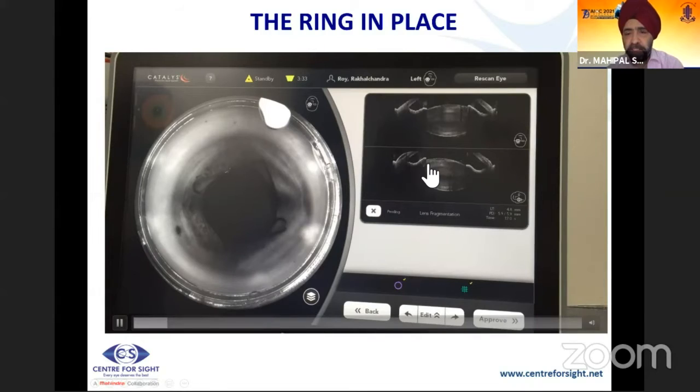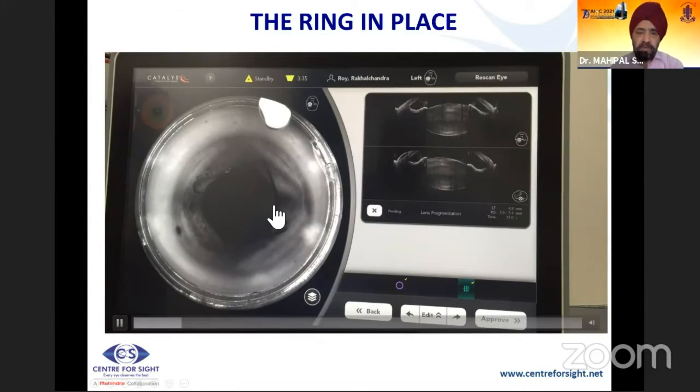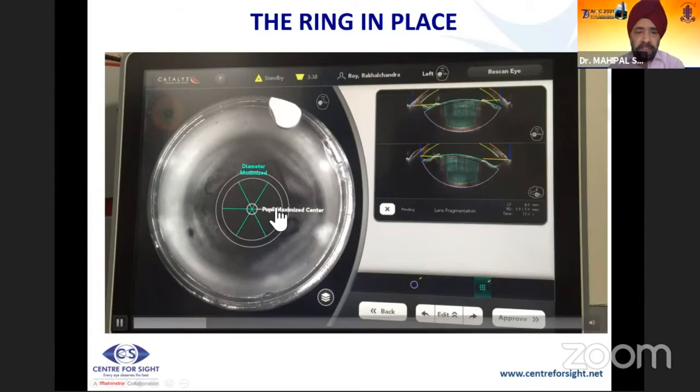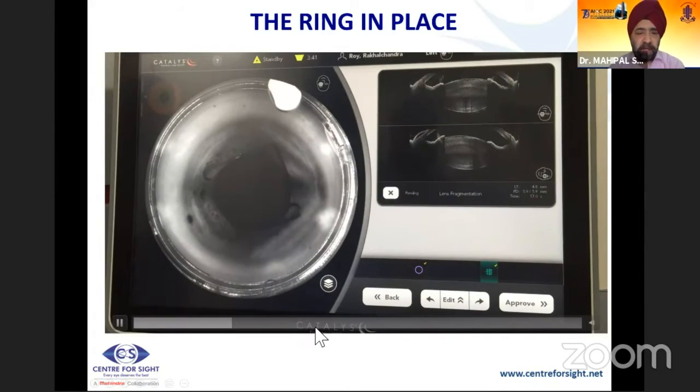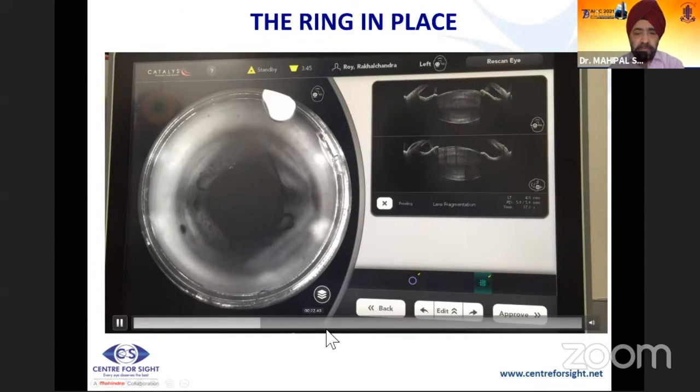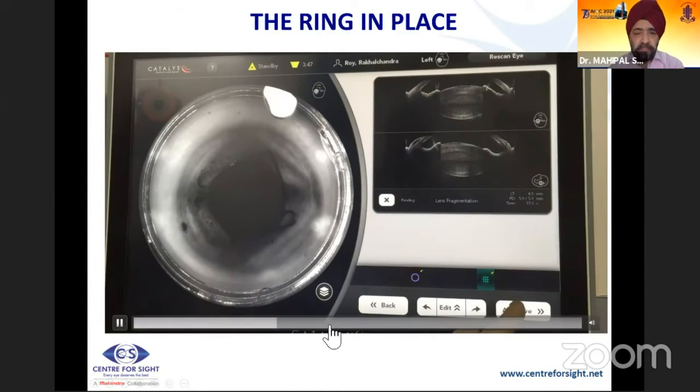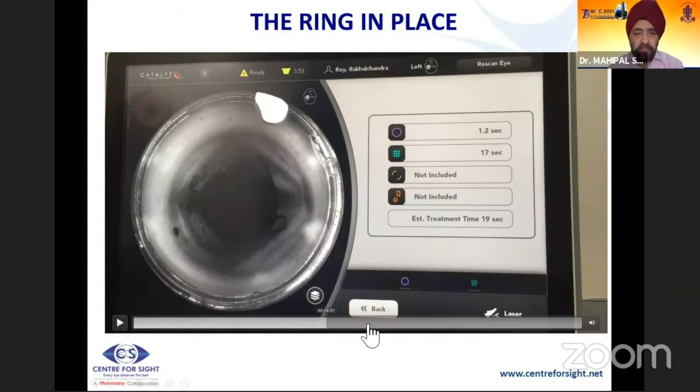You can see that the iris is more down here. So this is where you are going to have a problem in this subluxated. So you can see that this is a femto procedure that is being done. And as we go ahead with the femto procedure, after the OCT that is done, you can see the capsulotomy